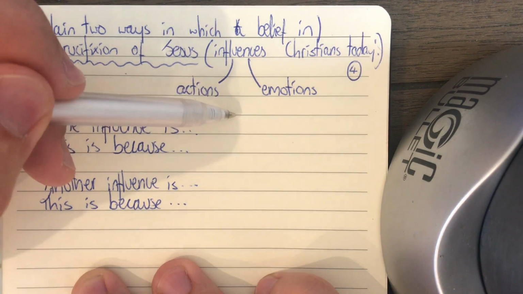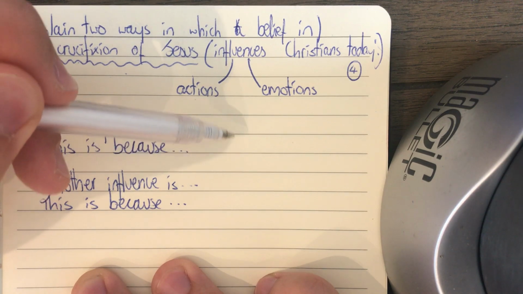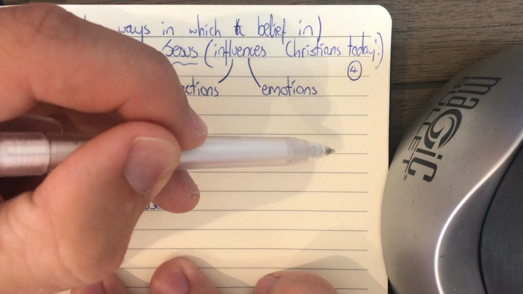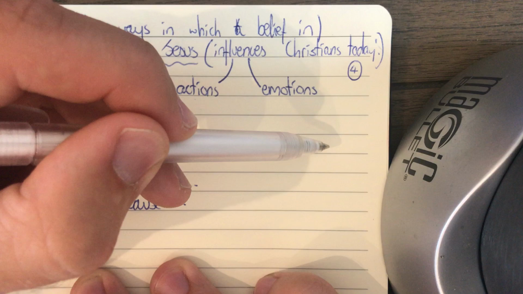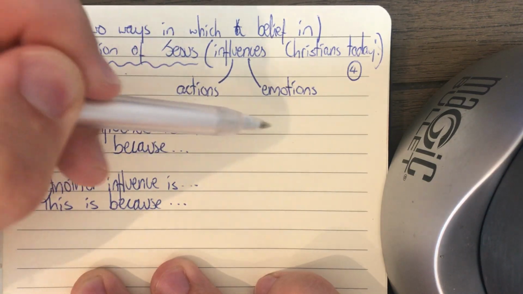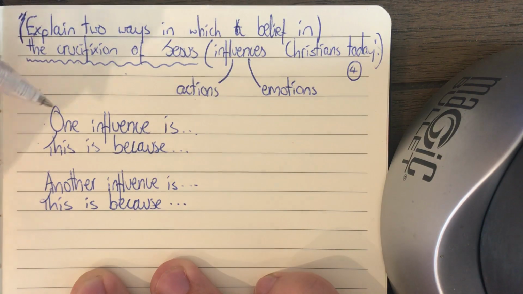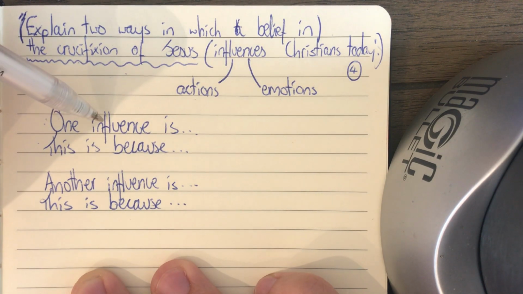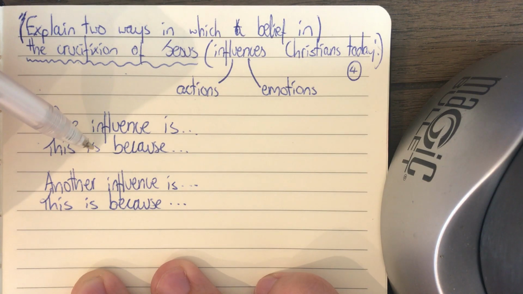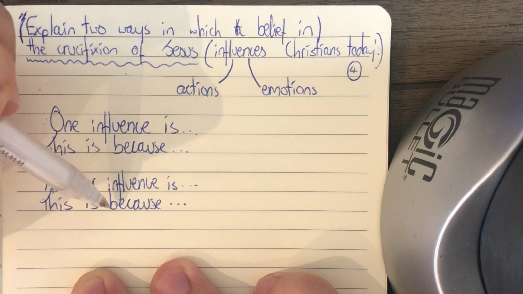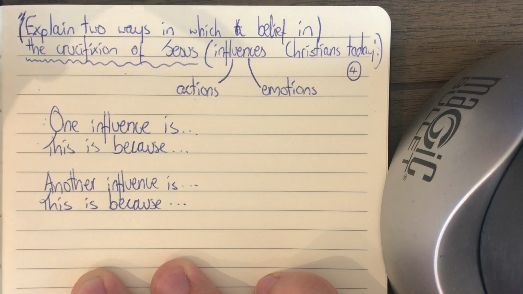Otherwise you're writing an entire paragraph of stuff that only gets a mark when you mention the influence at the end, and then they have to go back to the beginning and reread the paragraph to mark it again. So I would always say influence first, because that's where your marks come from, and then back up the influence with a reason from the belief. Again, another influence, back it up with a belief. That's what I would do, and that's where you get, in my experience, the most marks.